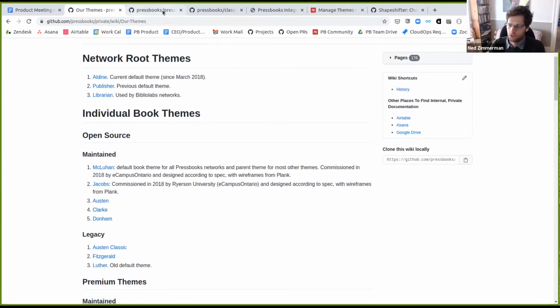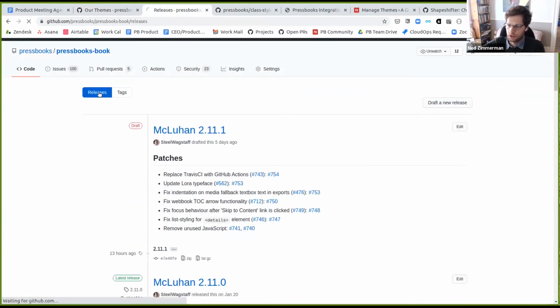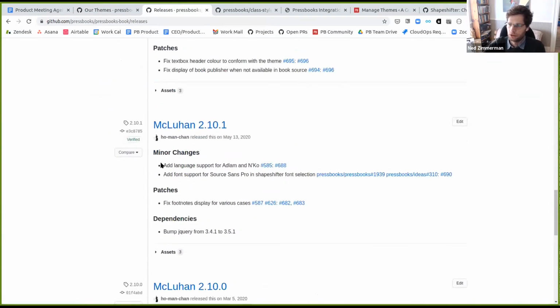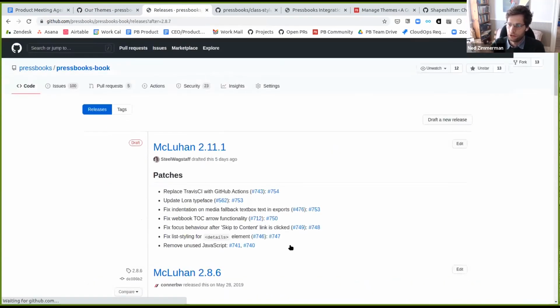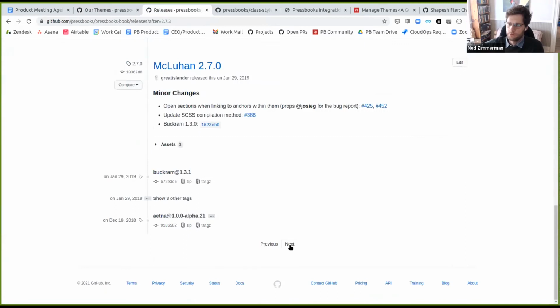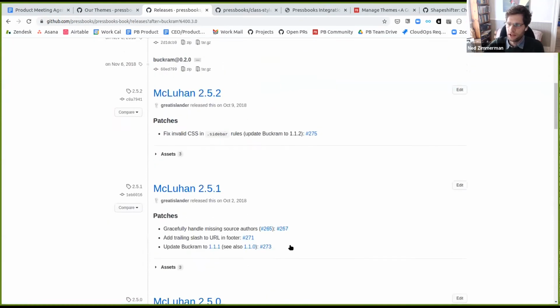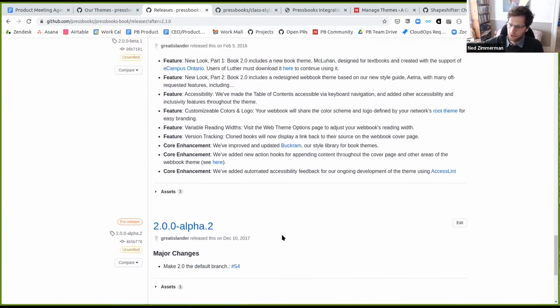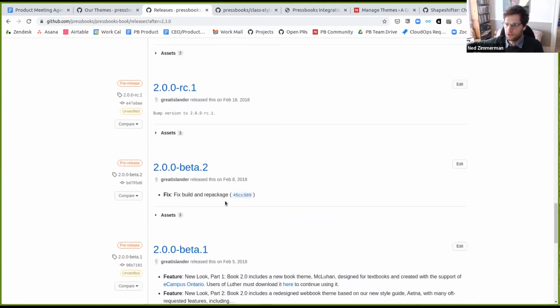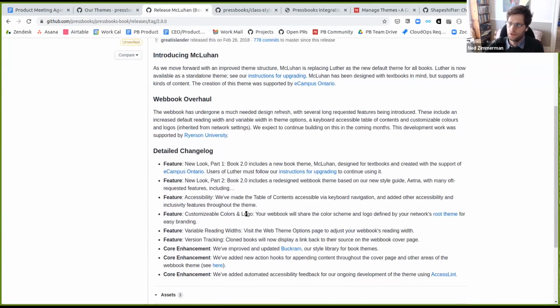What happened when McLuhan was created is the book content styles within pressbooks-book were replaced with McLuhan styles, and the styles for the book content that we used to call Luther were moved into its own child theme. Pressbooks-book has always been the interface, and for a long time it included the Luther book styles. And then in 2018 or 2019, we pulled out the Luther book styles, put them in their own little child theme for legacy support, and replaced the content styles in Pressbooks-book with those from McLuhan